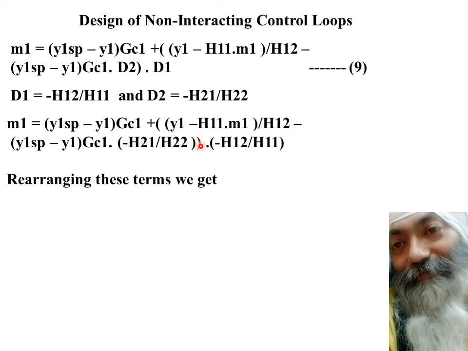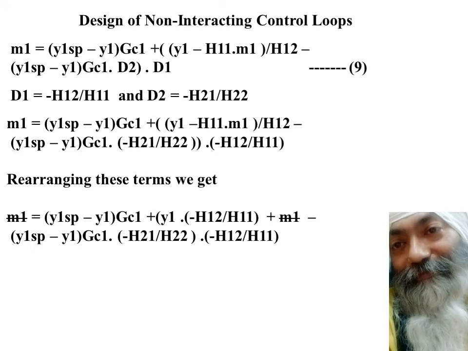So the moment I open the bracket, this h11 will get cancelled by this h11, this h12 will get cancelled by this h12, and this negative sign will again get multiplied by this negative sign, so this will become a positive sign, and I'll be left with only m1. This only m1 over here is equal to this only m1 over here, so this m1 will get cancelled by the other m1, and when we rearrange the terms, you will get this equation. So I hope you have understood this step.